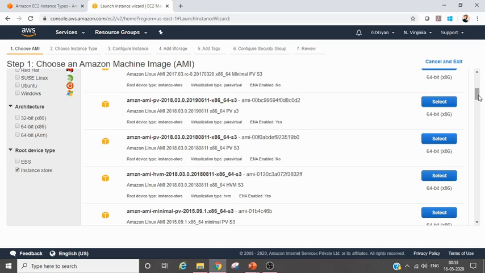Second thing, instance store type: if you want to add this kind of volume to your machine, you have to do it when you are configuring your EC2 instance. Like we are in the configuration page now. So suppose you got your EC2 instance created. You have your operating system, RAM, everything created, you're using it, you developed a web application.